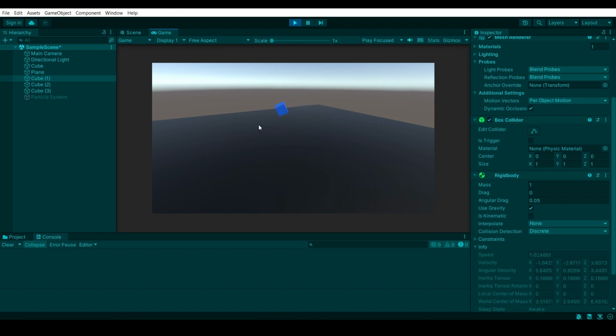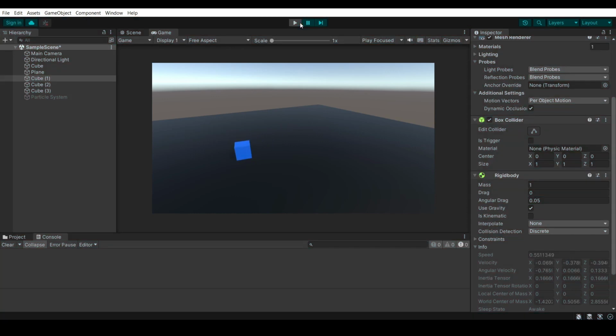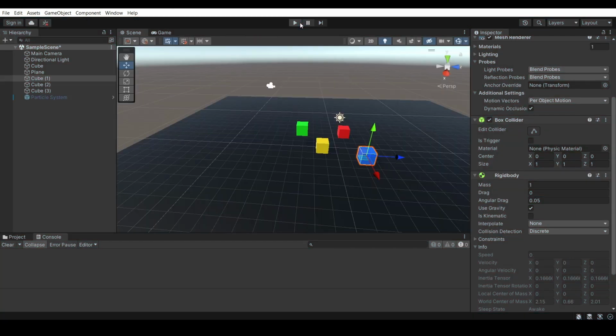You can see that depending on where my mouse is and where I click, there is an explosion going on and pushing objects in the opposite direction. So if I were to set an explosion on the right hand side of this object, it's going to explode and move to the left side. So let's have a look at the script and what you're going to need in order to mirror what I have